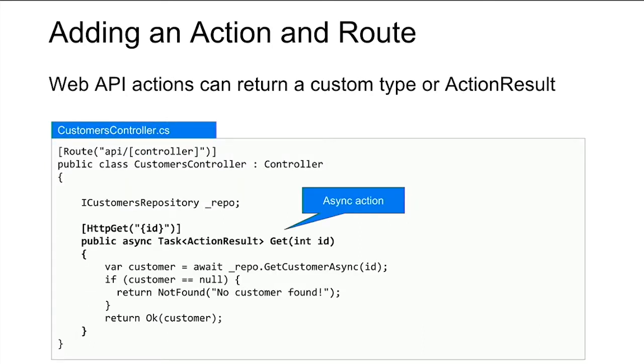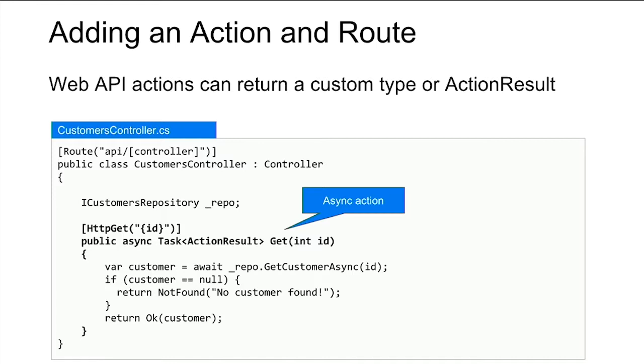All right, now the last thing to look at here, and then we'll go create one and start playing around a little bit, is an action. Now, there is a change here. Look at that HTTP GET. You'll notice that instead of having to define or use a separate attribute there, I'm actually using HTTP GET, and then I have the curly brace ID, which is my route parameter. Now, that syntax hasn't really changed at all. But what this is basically saying, if you're new to it, is that this is a GET request, and it's going to be